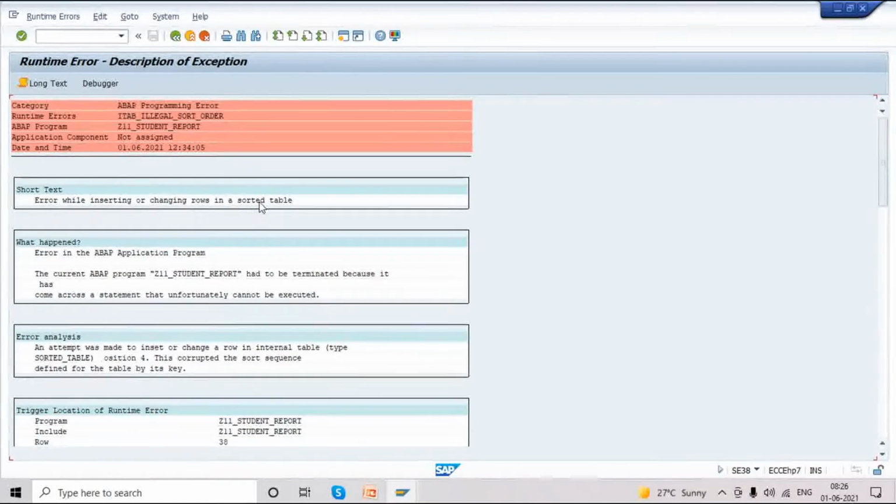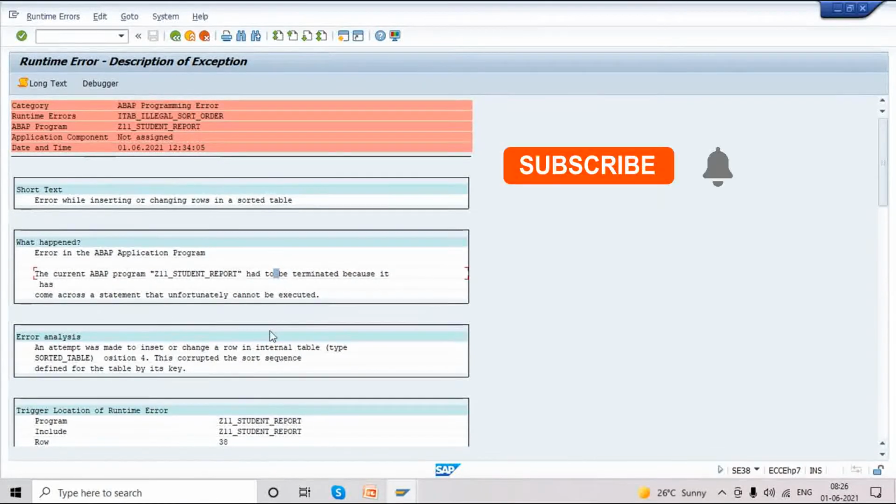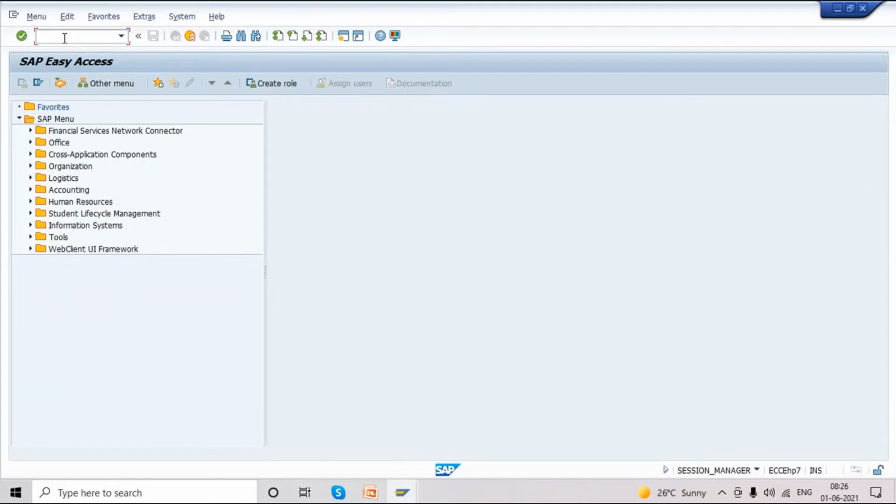Error while inserting or changing rows in sorted table. Position 4, this is corrupted. So, okay, see, 38.